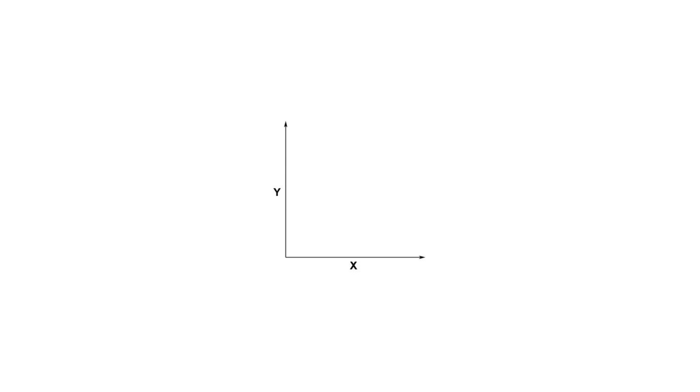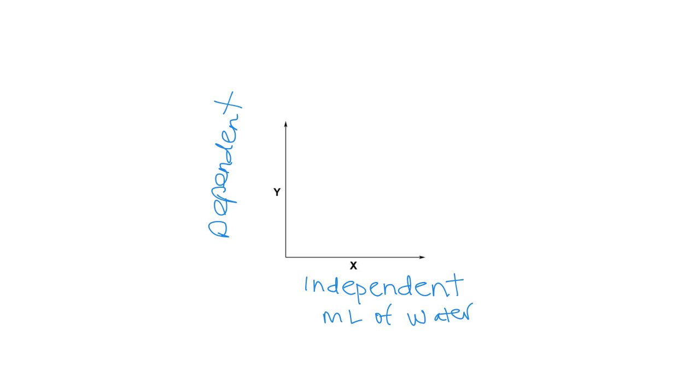Finally, the big takeaway here is that when you are creating a scatter plot on an x and y axis like you see here, the independent variable always goes along the x-axis, and the dependent always goes on the y-axis. So if you look back to our examples, you could look at, for example, the plant one. Here you would do maybe milliliters of water, how much you watered the plant. And on the y-axis, you would have growth of the plant. And then you would plot all of your points